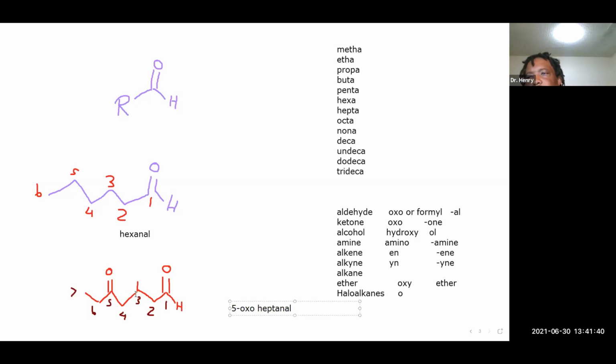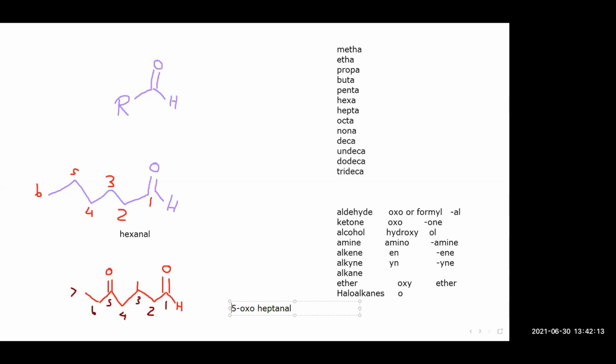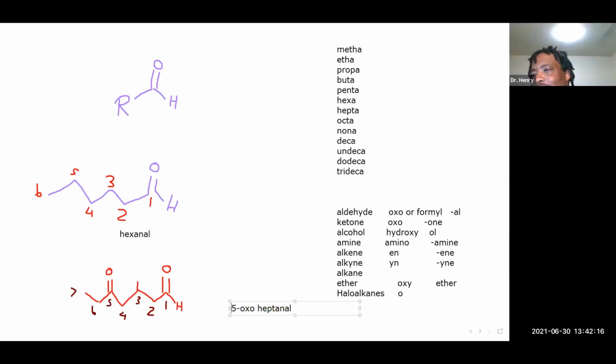What is on the third carbon? 3-methyl. So is M before O or is O before M, in terms of the alphabet? M before O or is O before M? Do you guys know your alphabet? I'm starting to worry there because nobody's answering me. M is before O. Okay, so then it would be 3-methyl,